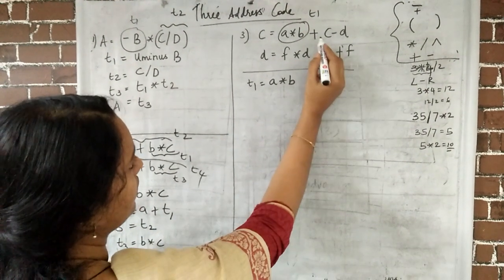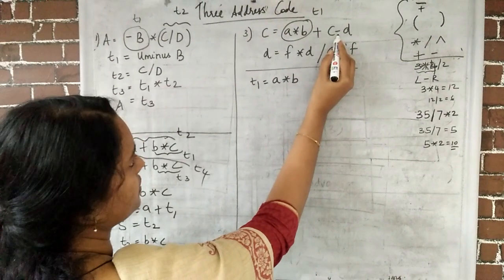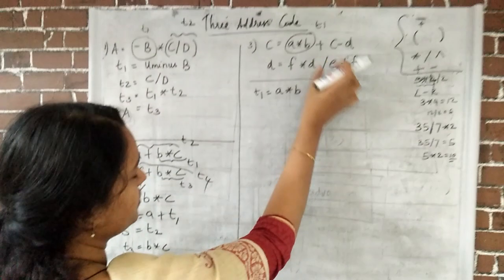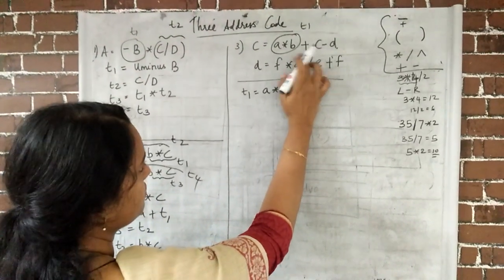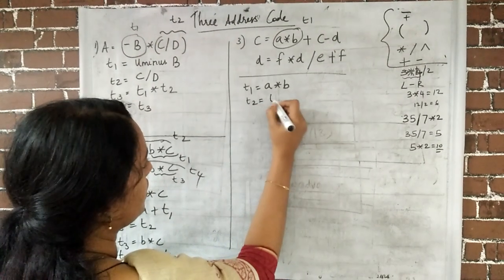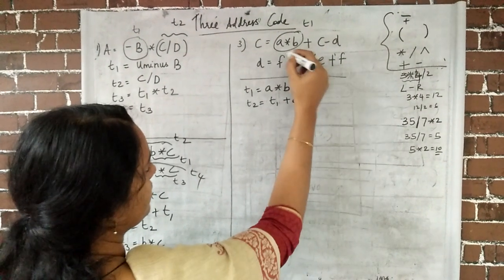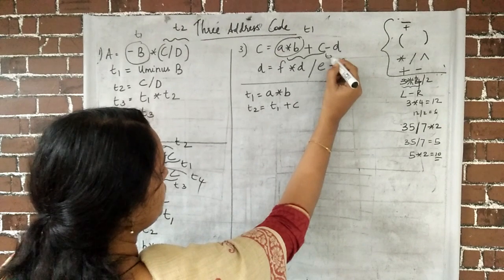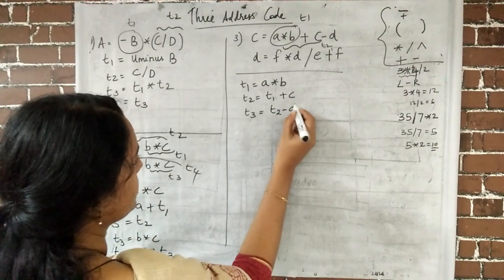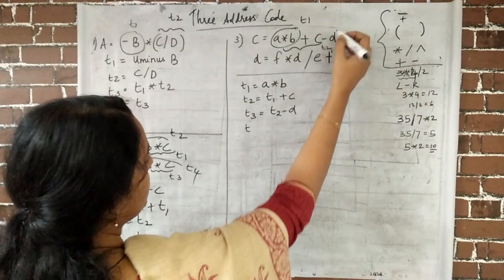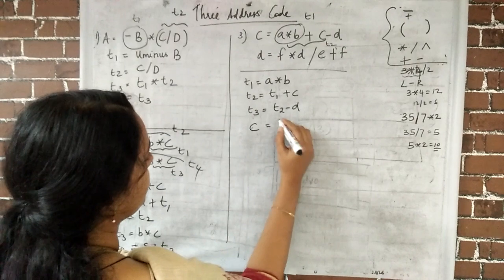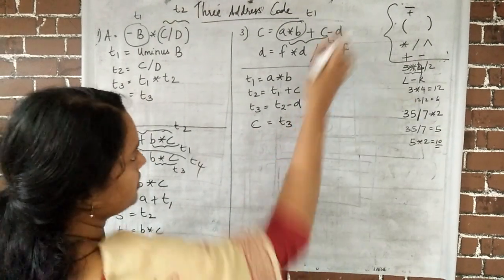Next what we have to do, we have plus operation and minus operation. Both are having same precedence. So first left to right associativity has to be followed. So let us first do plus, right? T1 plus C. Now T2 is equal to T1 plus C. So the result up to here is now stored in T2. Again what we have to do, T3 is equal to T2 minus D, and now the entire result is available in T3, and that has to be assigned to left hand side variable. Okay, so this statement is over.